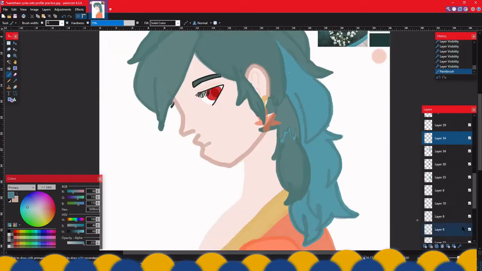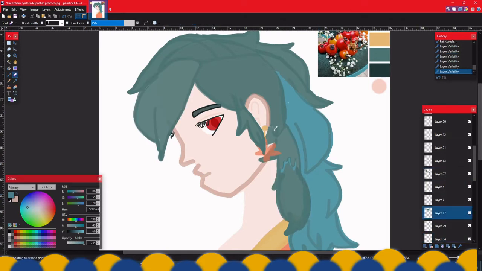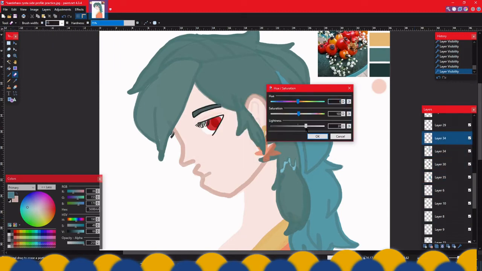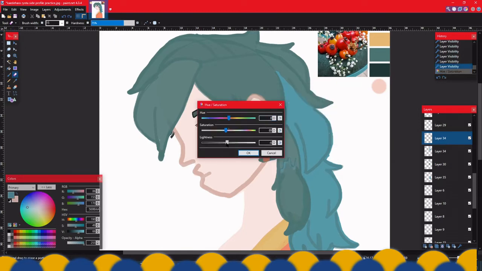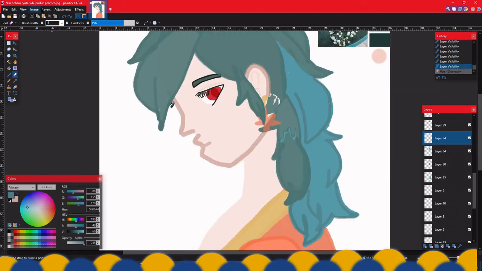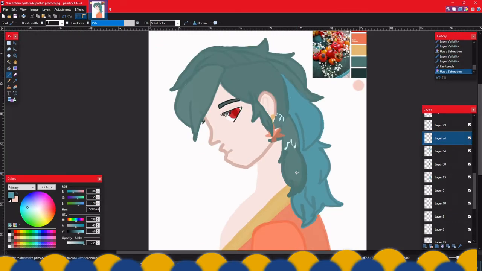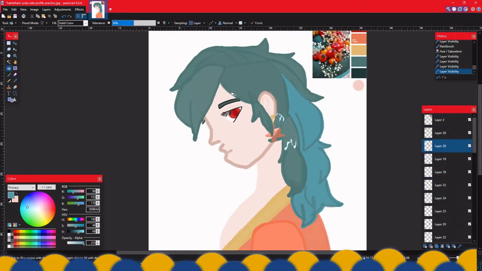Which also, when I thought about his character, makes sense because he is a hydro user with an anemo delusion. So blue and kind of green or teal. Yes, I had a lot of fun making Ryota. I think this is the first OC I've drawn in a side profile, so it was really nice to be able to capture his seductive indifference through his eyes and through his expression.